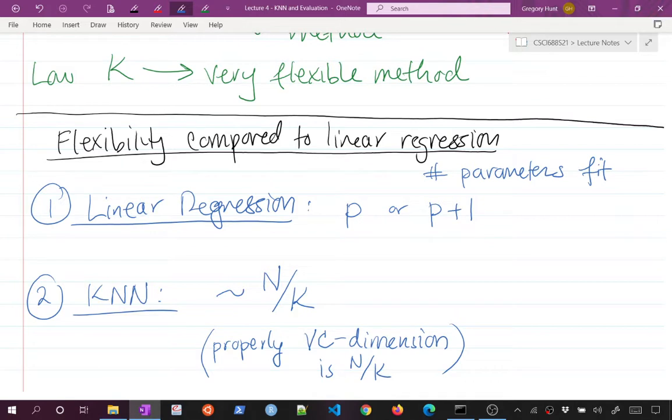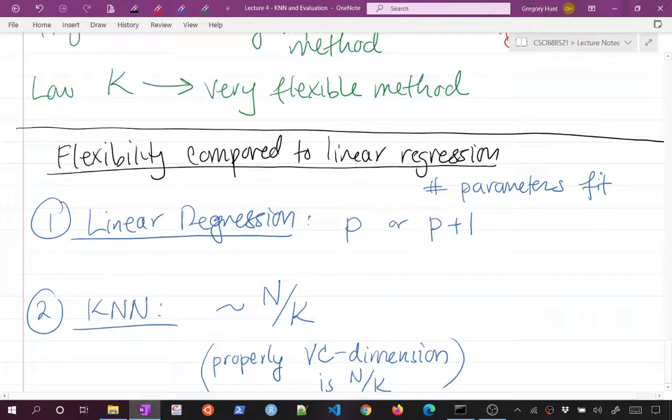So what I said about regression is that it reduces the functional space we search over from potentially infinite dimensional to a p or p plus 1 dimensional space. For KNN, effectively you're reducing it from potentially an infinite dimensional space to an n over k dimensional space. So n over k makes a little bit of sense, it has some intuition, because it's basically saying if I have n training points, and I'm using k neighbors, on average, I will break this space up into n over k